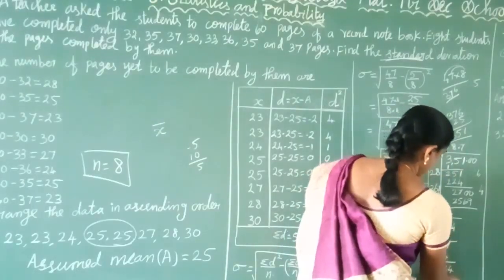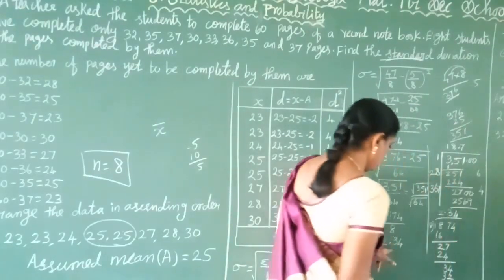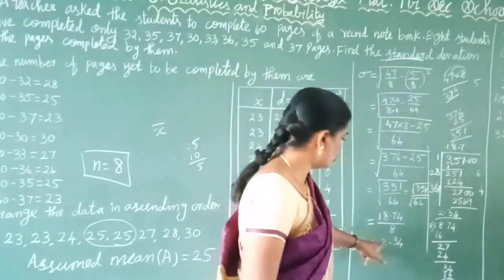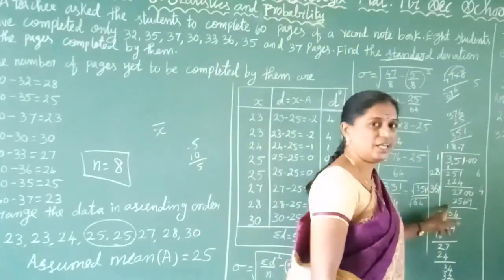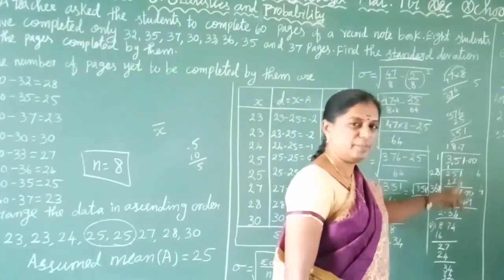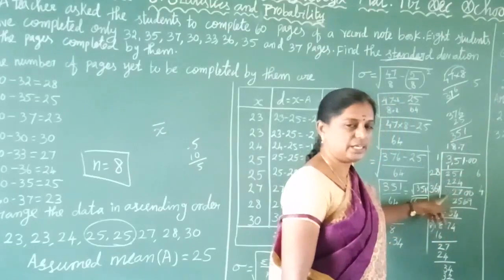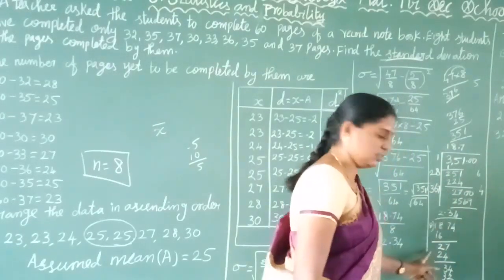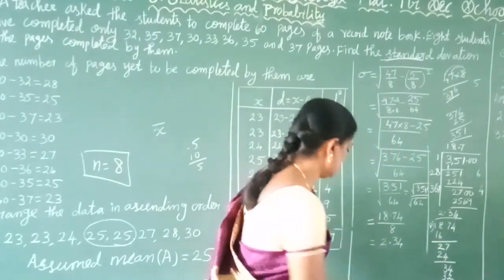And again how many times? 4 eights are 32. So it is going on. So 2 decimals we consider. So 2.34. Clear? So the long division method I explained clearly. So the remaining steps you do it. And remaining sums also you work out clearly. And this one is ordinary division. Clear? So the standard deviation answer, sigma,